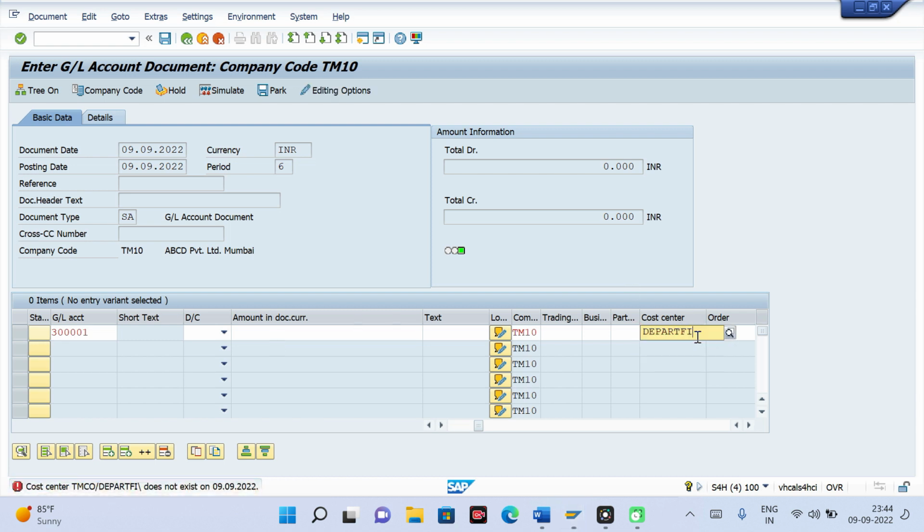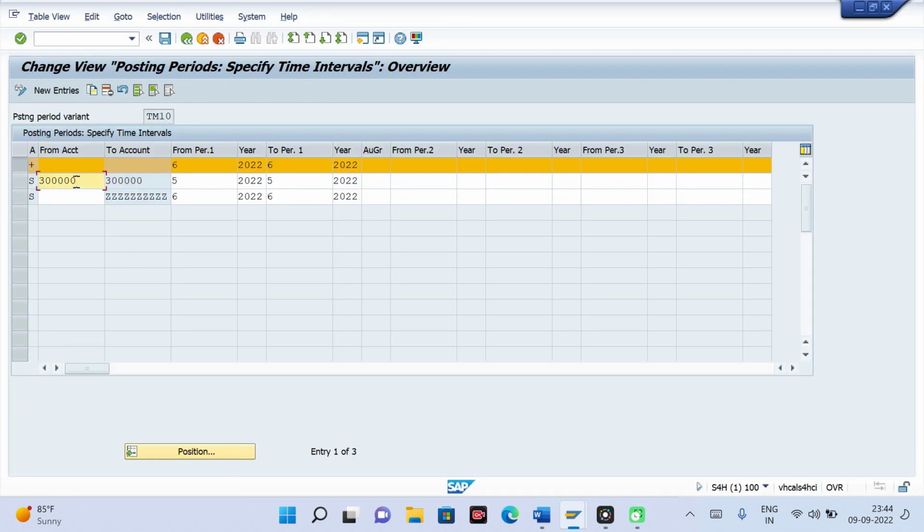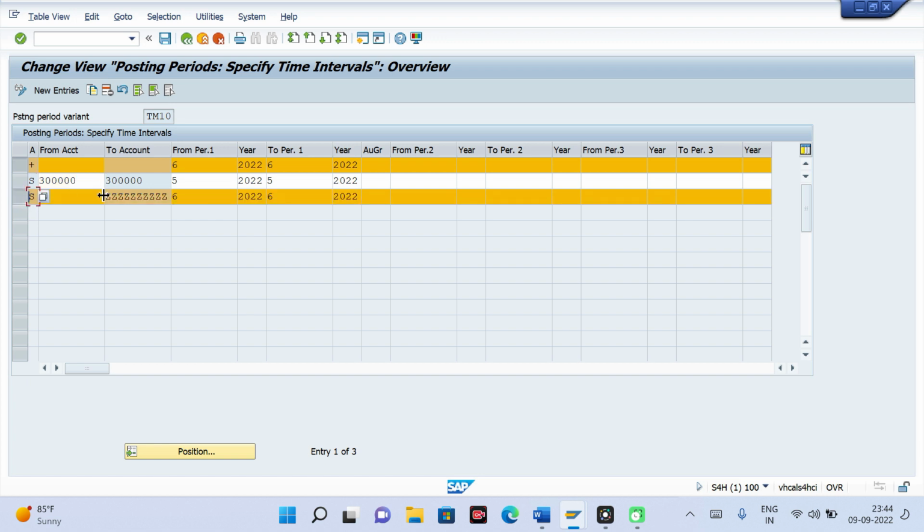Why? Because for 3 lakh 1 I have not maintained anything specific to that GL, therefore it is checking this range. In this range it is open, therefore it is not throwing any error.